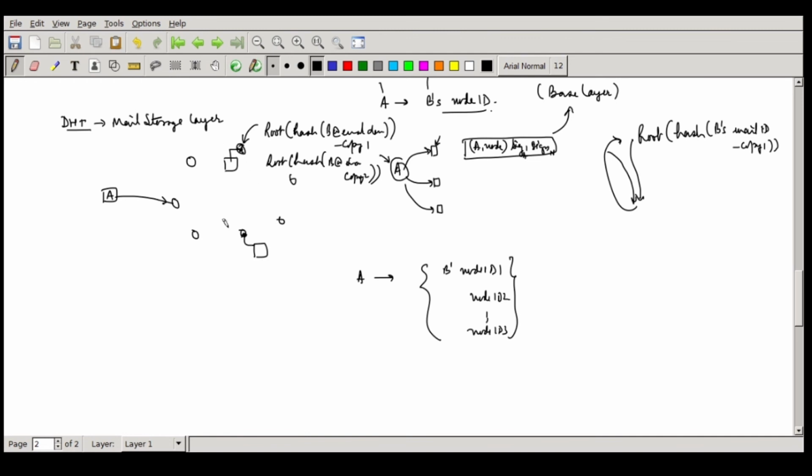The reason for the duplication is that if this guy dies off, they are essentially backing up messages to each other. So messages are always available. It's not that this guy dies off, B comes at that time and can't find the message. There is automatically a resilience being created by this looping. So we are recurrently using this mechanism of copy 1 and copy 2 to provide resilience everywhere in all DHT layers. Including, you can actually submit the attachment here.